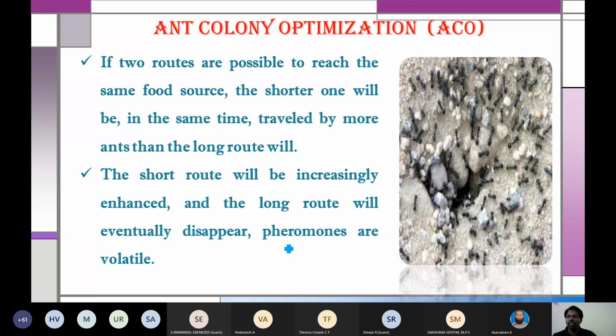If it is not evaporating, again it will be an issue. So pheromones will evaporate with respect to time. But we need to make sure that as far as the ant colony is concerned, they are blind and there won't be any leader. That's what you can see from the ant colony. Whereas in honeybees there is a queen bee and a lot of roles, but here there is no leader and they are blind. But even though there is no leader and they are blind, by having an excellent foraging property, they identify the food source and find the shortest path.